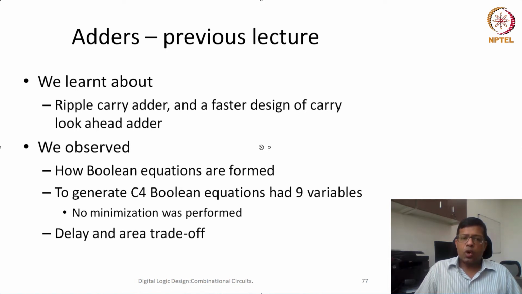So this was done at the top level, but from a side perspective, we have also observed during the previous lecture how Boolean equations were formed. We have seen that to create Boolean equations, we have created a truth table, and secondly, we have analyzed the circuit and created a Boolean expression based on the functionality we have observed. We have also created Boolean expressions using the recursive technique, where we were replacing one particular variable with another variable.